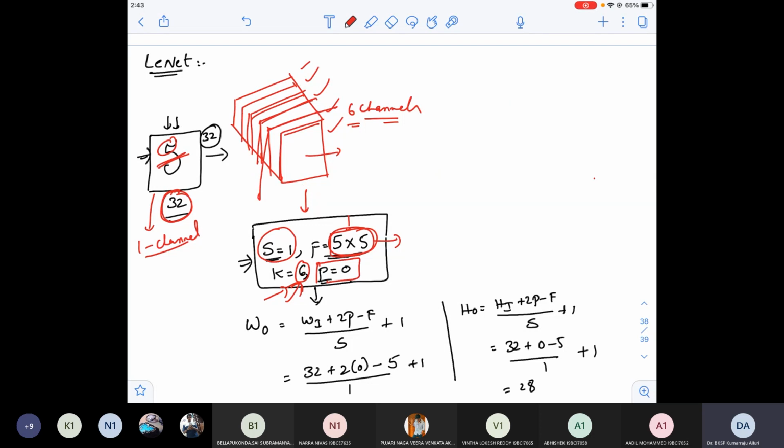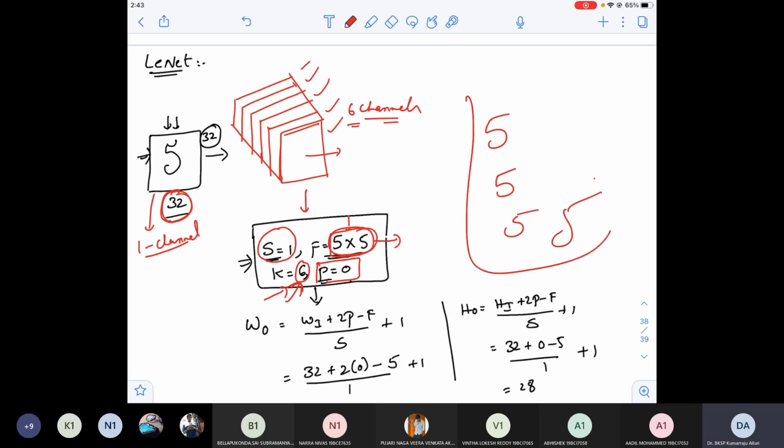So I want a different perspective. Why do I want different perspectives? Because I have written the 5 like this, but you will write like this. Some others will write like this. Some others will write something else. This also is 5. That means irrespective of the way that they write, my system has to classify it as 5, which is possible when I have different dimensions of understanding, different perspectives, which is possible with different filters, with as many filters as possible. Each filter captures one particular pattern of the image. Okay, so that is very, very important.